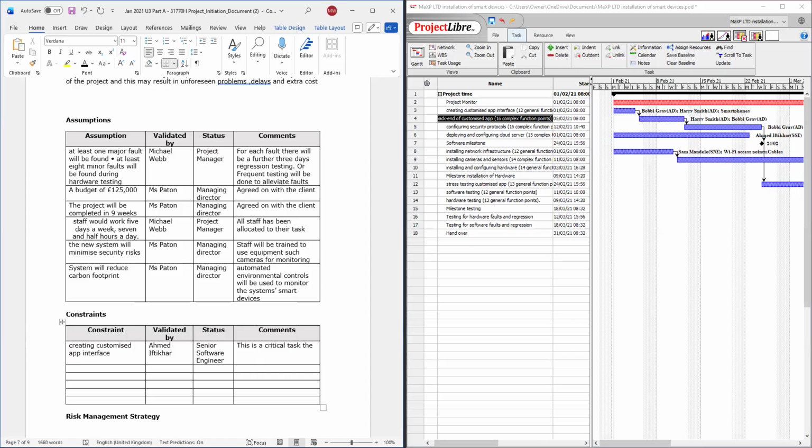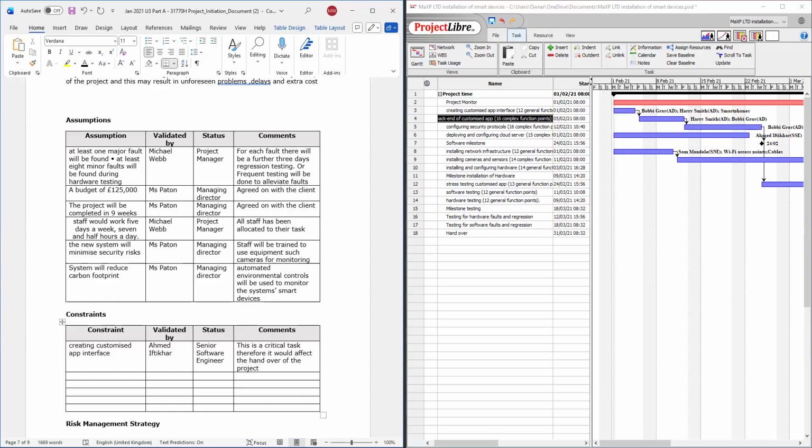Therefore, it would affect the handover of the project.